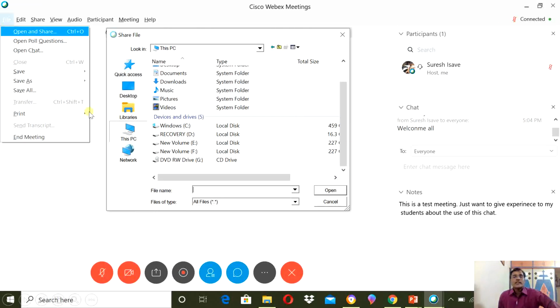In the meeting room itself, in the conference room itself, there are some other options. You need to browse, open and share. These features will be available only when the meeting is going on. So you can open and share, and organize some poll over here. Other functions which are not mentioned in the button are all here.